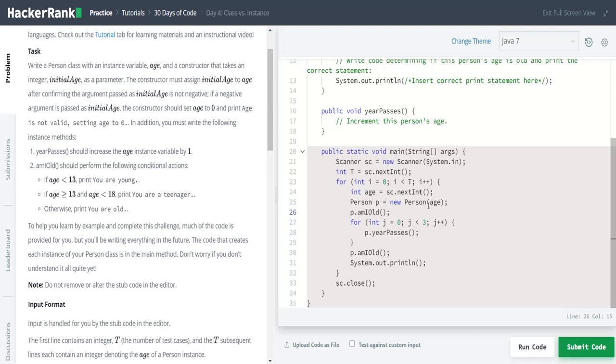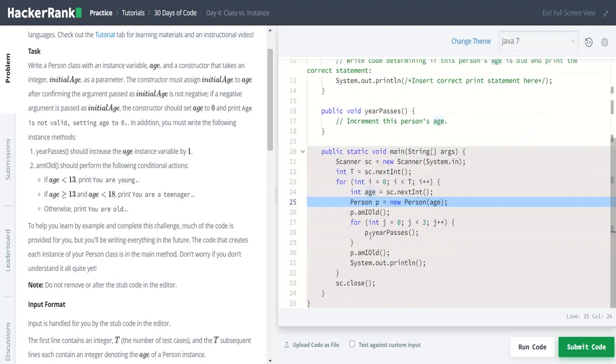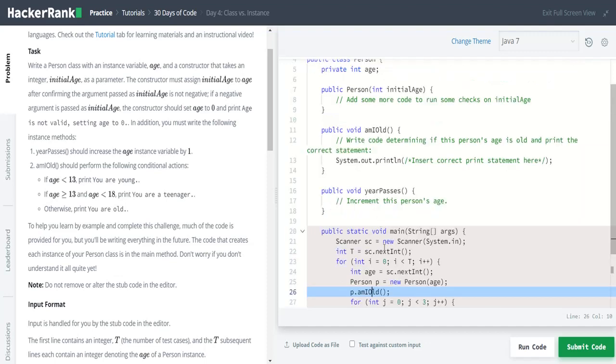A default constructor is automatically taken and executed. Here, since it is a parameterized constructor, we are passing the argument inside, that is age. So it will directly come here. Let us come back later. Then p.amIOld is a method that is called. So before going further, this p.amIOld method will be called.